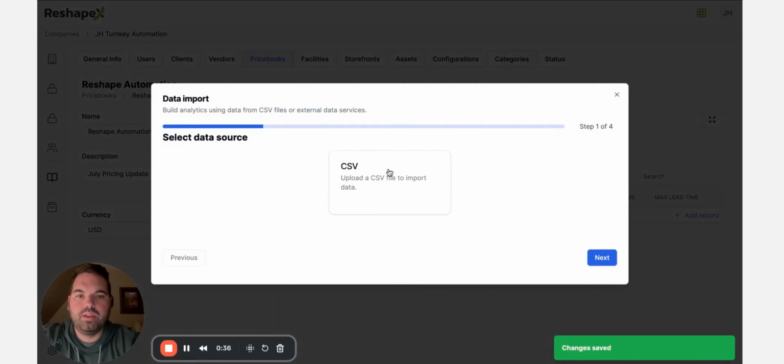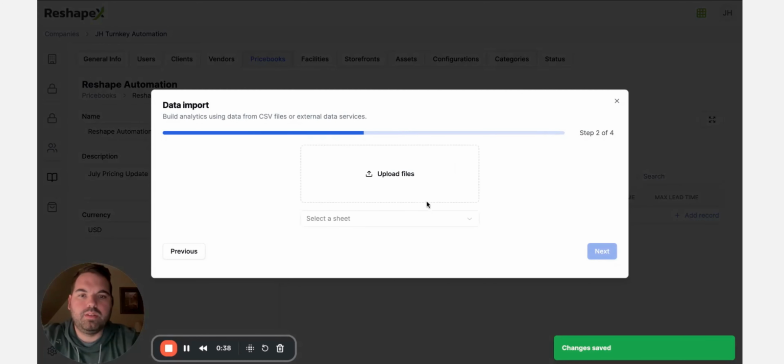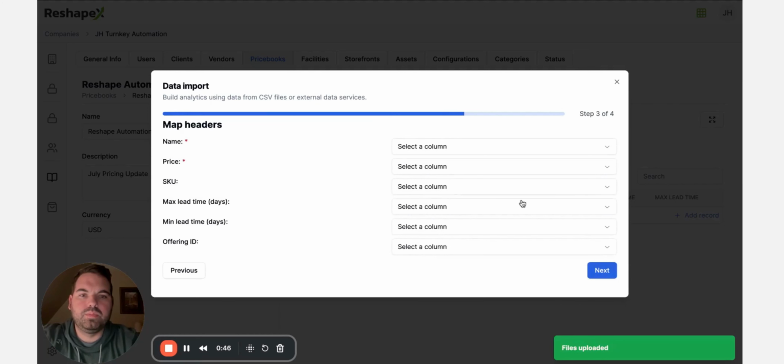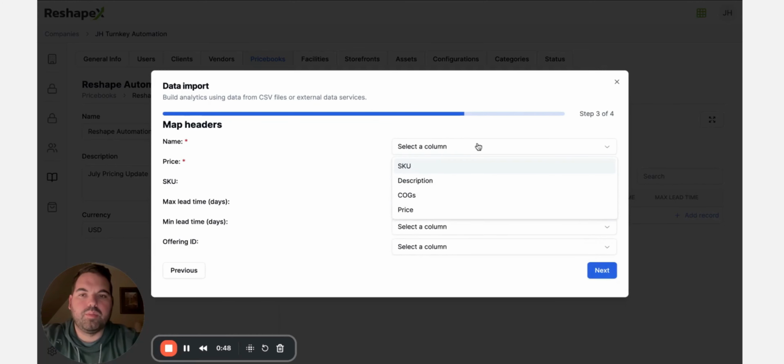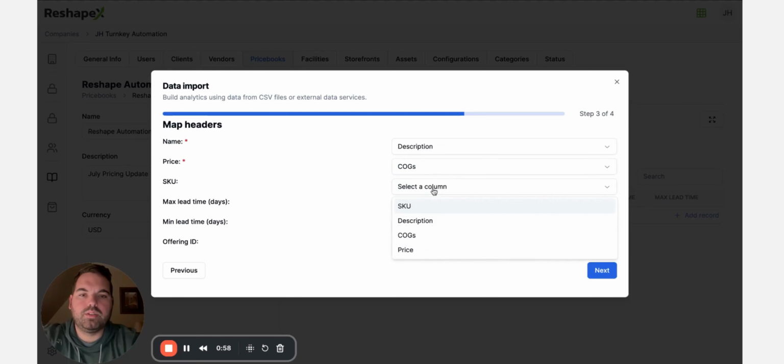So you would hit import data, you click CSV, upload files, there's the CSV, we'll select sheet 1, and we'll hit next, and here's where you can map your prices. So, for name, we'll go with description, price, we'll go with COGS,